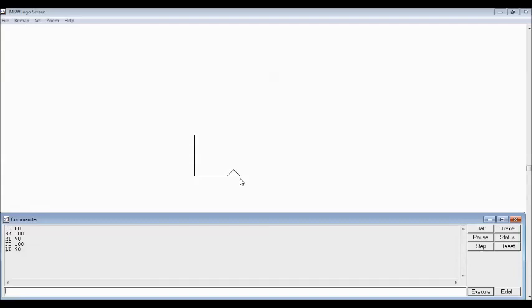Now I want to make one more vertical line, so I am giving the command FD space 100. Can you see? Now let's finish this and make it a box. So I'm again turning the head of the turtle by giving the command LT 90. The head of the turtle already turned. Now make the line by giving FD 100, enter. Can you see a perfect square is there on your screen?